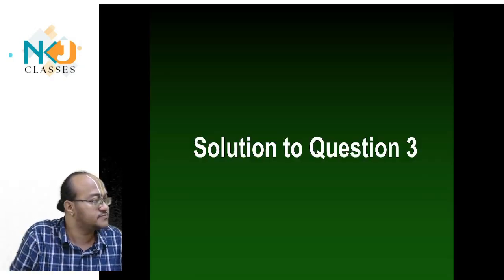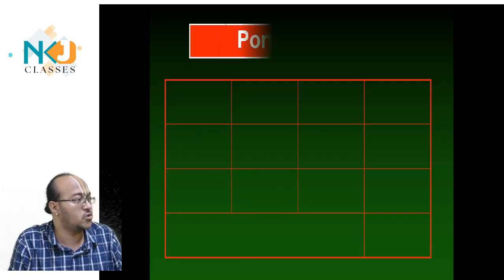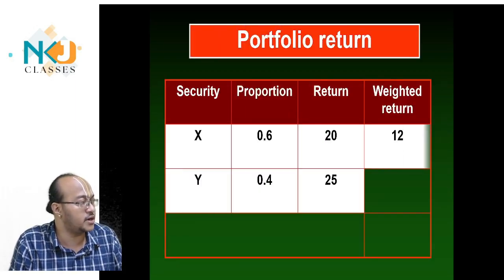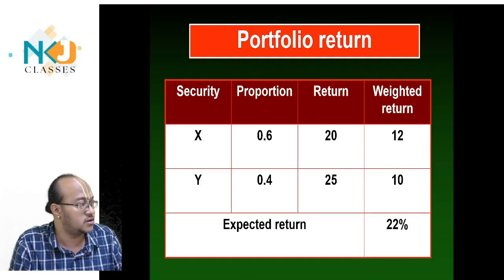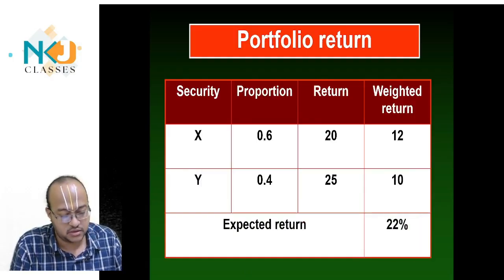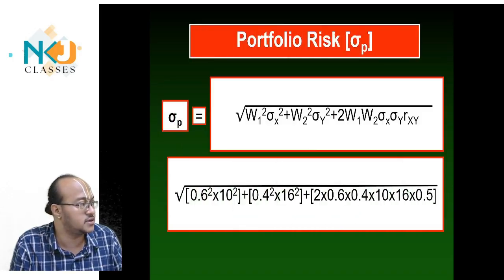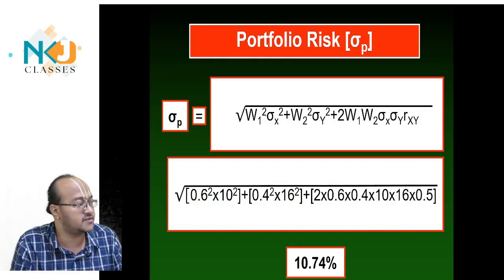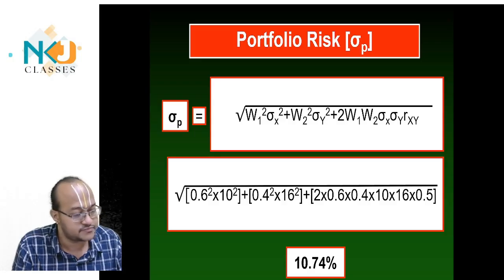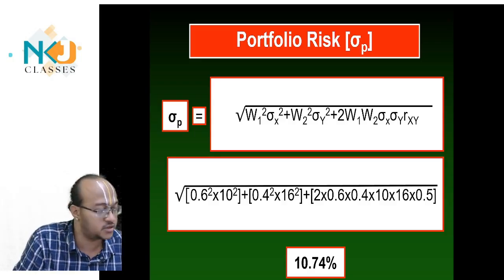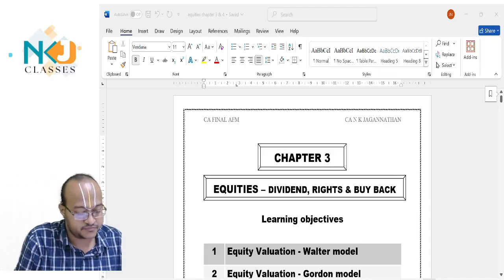Check your notebook. Portfolio return we computed, I know that for sure, correct? Yes, sir. Have you all copied the portfolio risk segment? See, this you copied. 10.74, this also you copied, na? Yes, sir. Right. So next question we shall